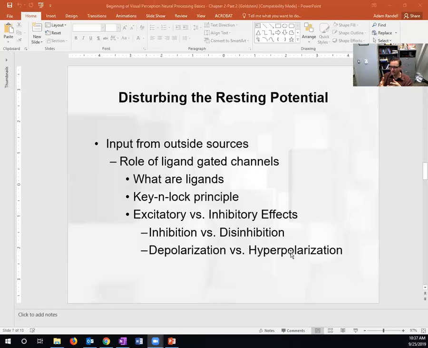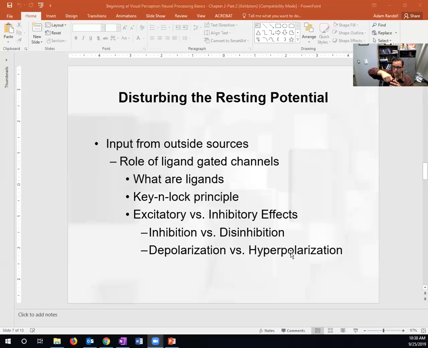A channel is like a channel that boats go through. It's closed off, and then when you open it, the boat can go through. Well, that's exactly what a channel is with the membrane. You've got these openings that are closed, and they're gated, meaning they have something like a key. Usually the key is a ligand or a chemical, and that chemical can be a neurotransmitter or some other chemical floating around in the system. But what matters is whether or not that chemical's molecules have the right shape,